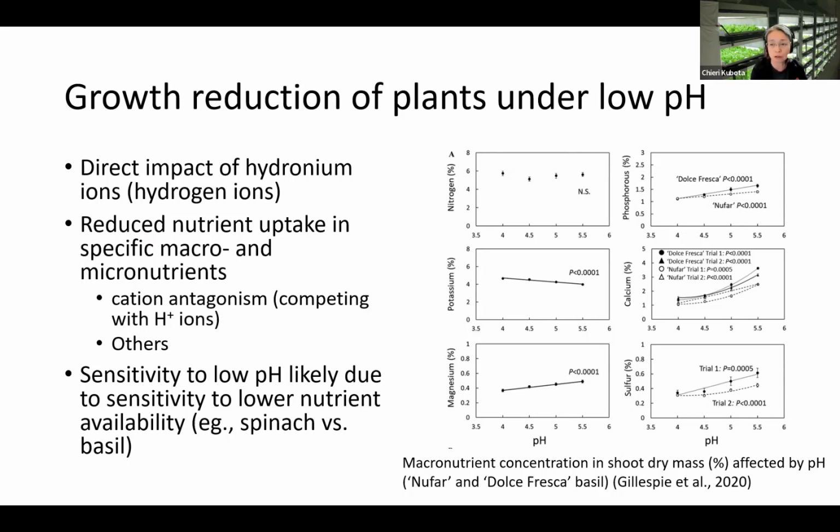Many macronutrients and micronutrients declined. Some of them increased too, but many of them declined in terms of uptake as you reduce the pH in the nutrient solution. And then particularly for spinach, the decline was huge. Basil, which didn't respond to pH, also declined